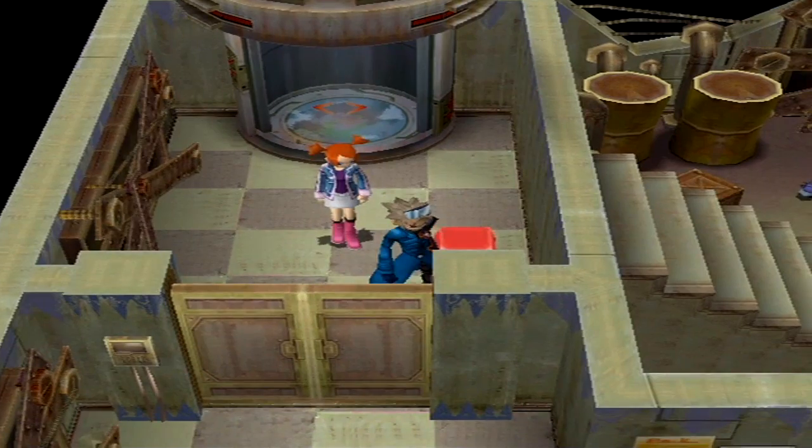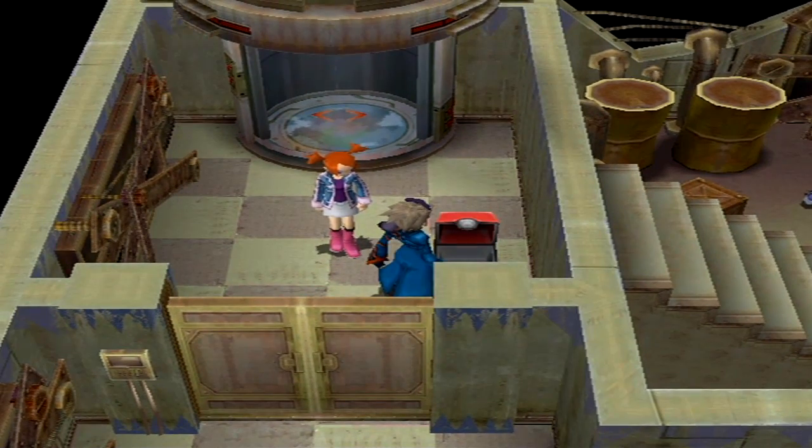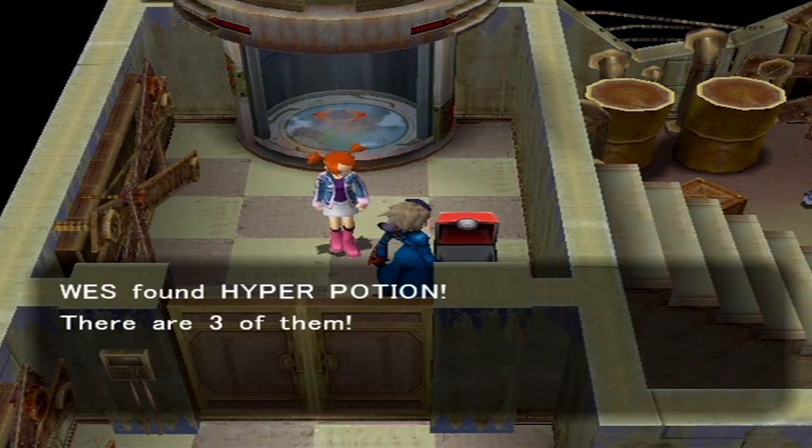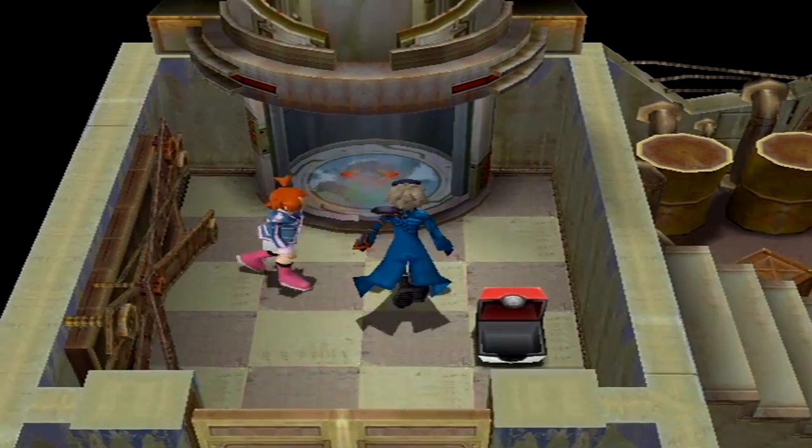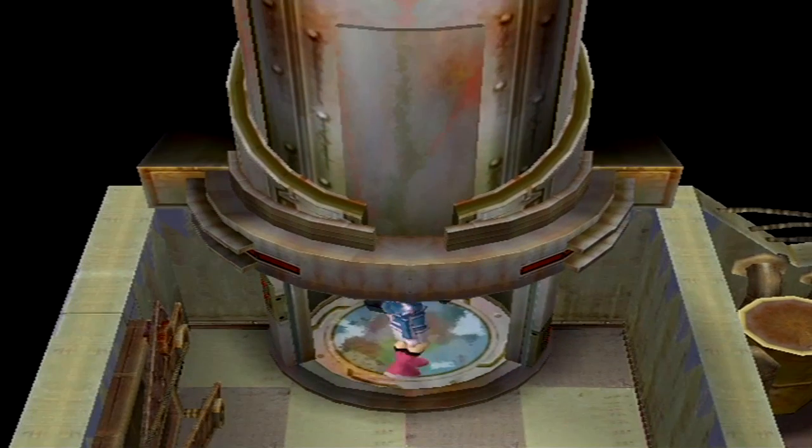there is an item box. This is down on the first floor behind a door that we couldn't go in before. You go in here and you get 3 Hyper Potions. You have no excuse not to do this, of course, because there's no battles in the way of it that you don't have to do. And just letting you know, if you go back through those doors,